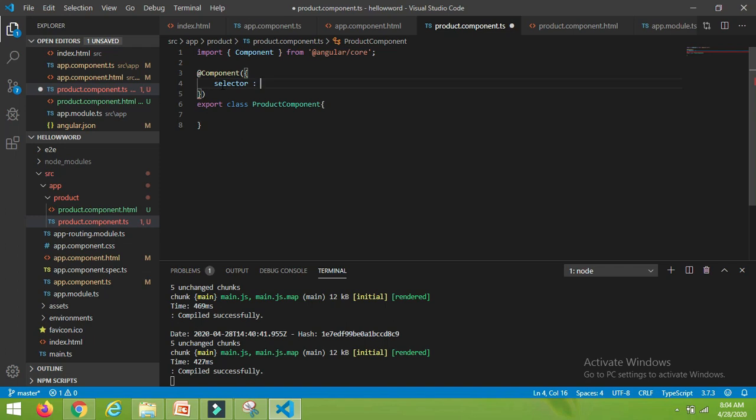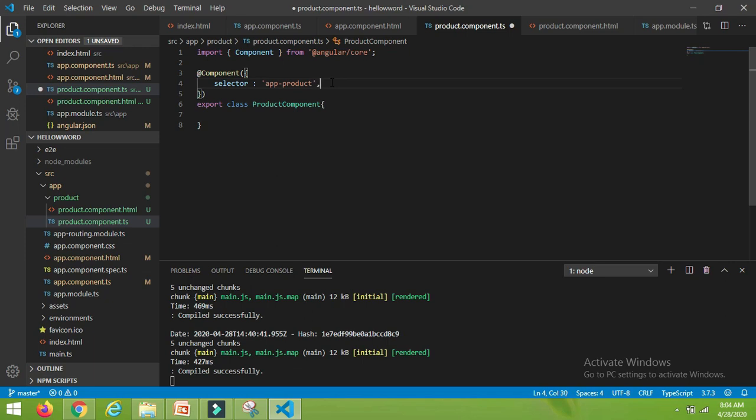So it's good practice to give the name app hyphen component name. So it's product. So app-product will be the selector for this component. I will show you how to use this selector to inject in another component.